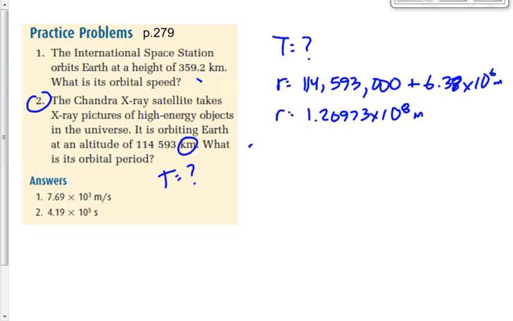Listen, if you don't know what to do with this, that's okay. Try something. Don't be afraid of trying something. That's the thing that I really like to get across to people in Physics 30: when it gets really tough, don't be afraid to try things. Try something that's valid. This is a satellite problem, right? We don't know where we're going with this exactly. We don't know how to solve this exactly, but we know it's a satellite problem, and we know that when